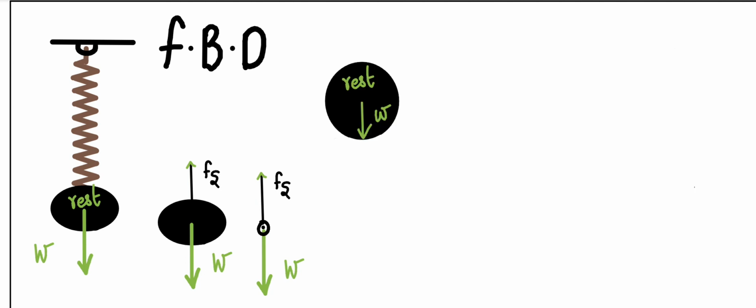Similarly, for example, I take another case, a ball which rests on a flat surface. Here I assume this ball as a particle. What all will act? The W will act downwards. As I have removed the surface on which it lies, what does the surface provide? The surface provides a reaction which is perpendicular to the surface that acts on the ball.